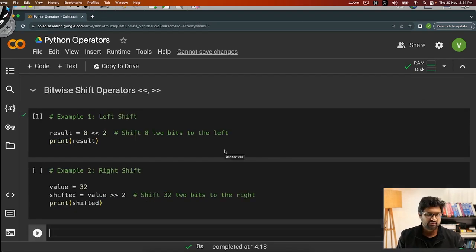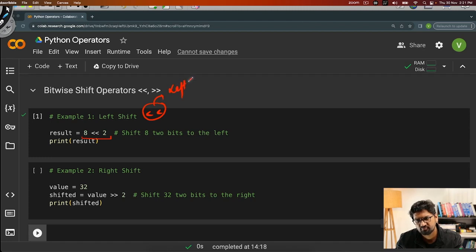Now it's time to understand the bitwise shift operator. ये बड़ा इंटरेस्टिंग सा है, right. So when I run 8, for example, you see here 8 bitwise, I say that is a left shift. This less than less than is called a left shift operator. ठीक है. When I do this, it means that I'm trying to left shift 8.